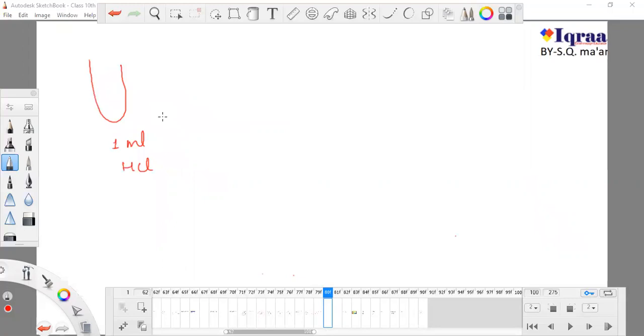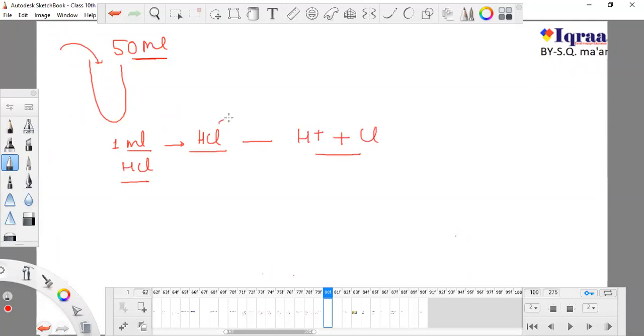and I'm using 50 ml of water here. I'm using 10 ml of HCl and 50 ml of water here. So this HCl will definitely release its H plus ions, because as soon as an acid comes in contact with water, it will release its H ions. But what would happen now?